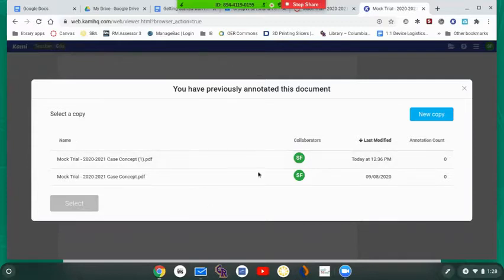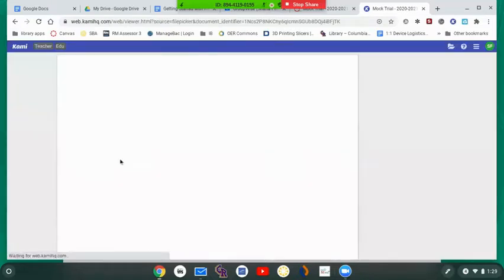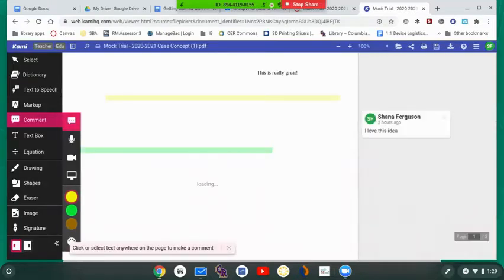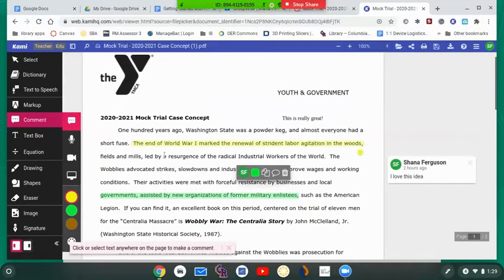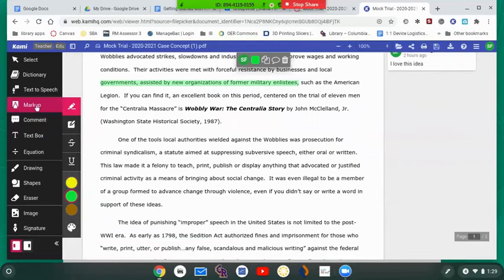I've experimented with this one before, so it's letting me know that I already have ones loaded in Kami. So if you can't remember, if it's something you worked on a week ago and now you're trying to go back to it, this could give you an idea of whether or not you had already used it before. So I could make a new copy, or I could say, I think I can just use the one I was using earlier today. I didn't need to download it again. I already have it saved in Kami. Here are the annotations I was working on. I can always add some more things if I was going to do some more highlighting